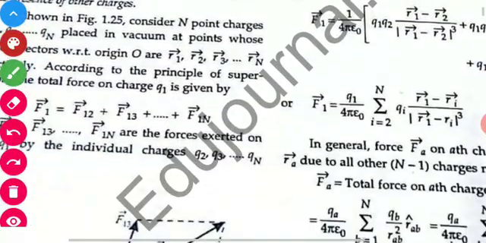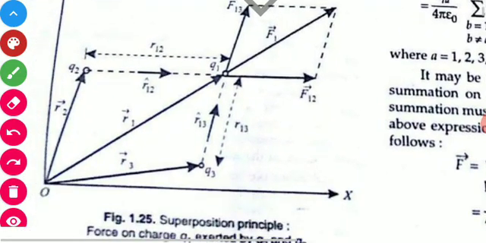So we know that the distance r12 we can calculate from the diagram. If you see the diagram, this is r2, this is r1, then this is the distance between two charges, meaning this is r12. So how can we calculate r12? R12 will be equal to, according to vectors,